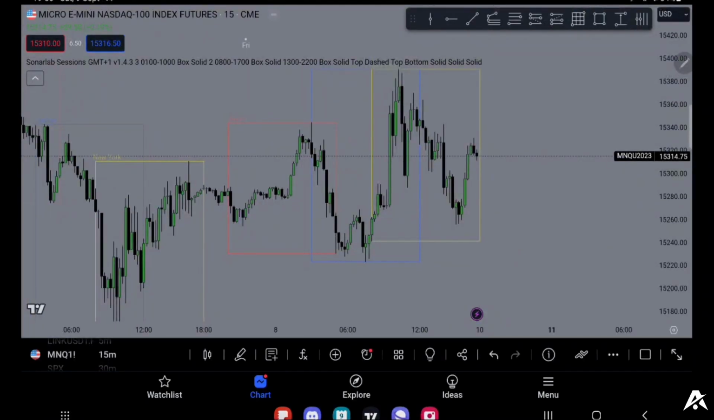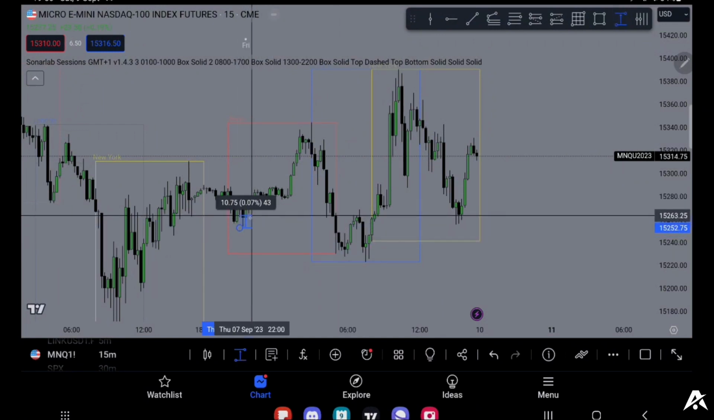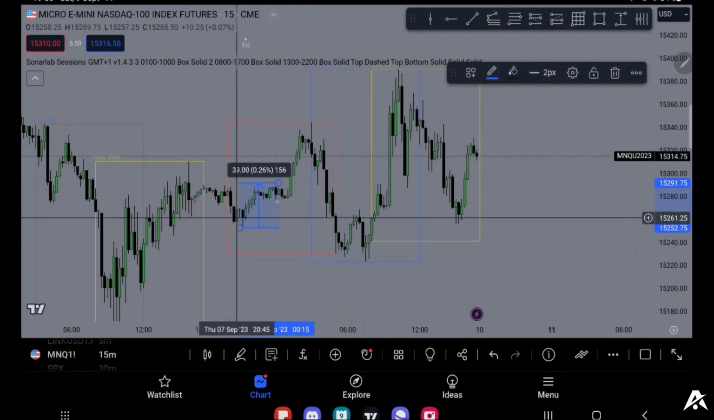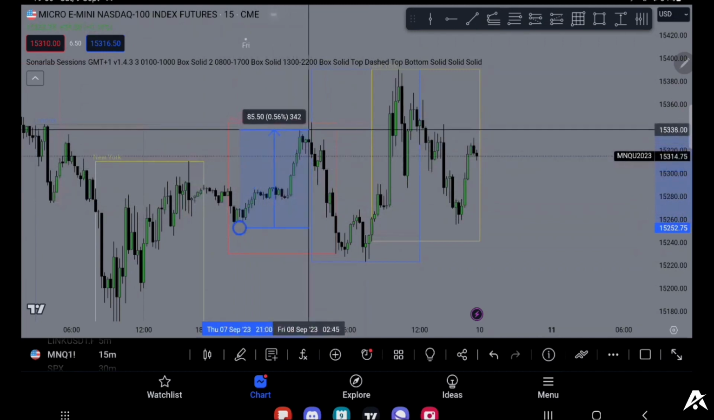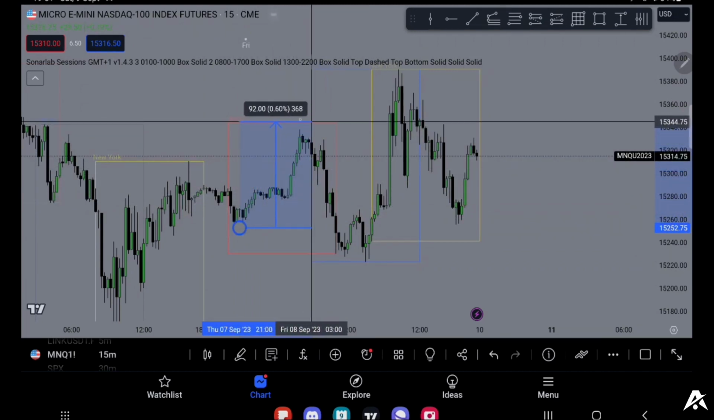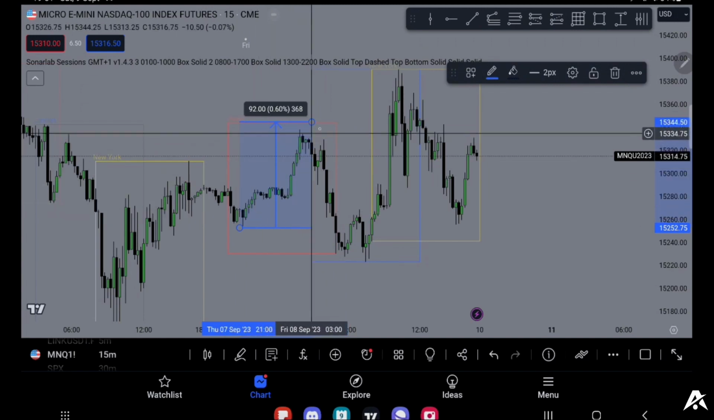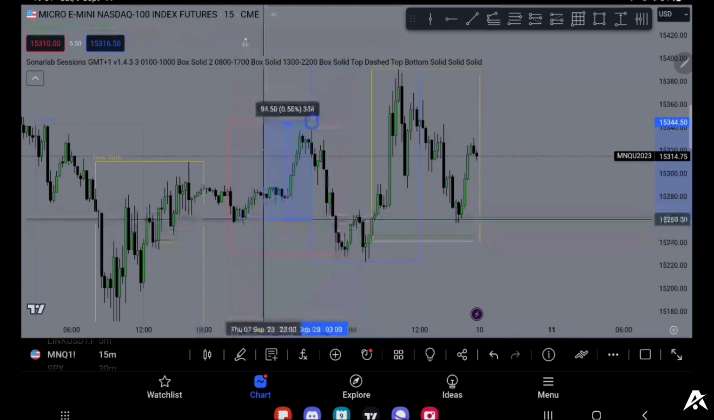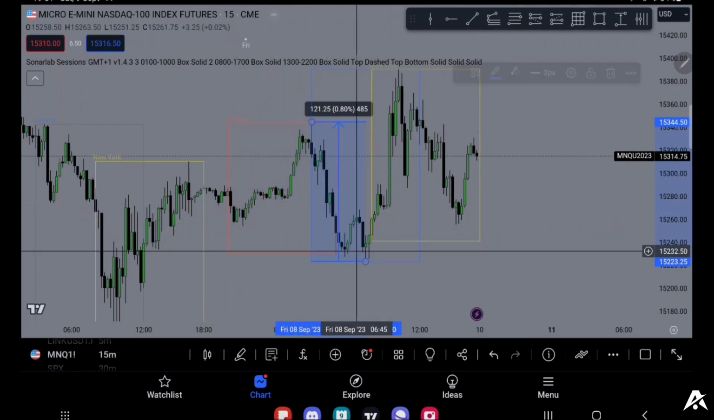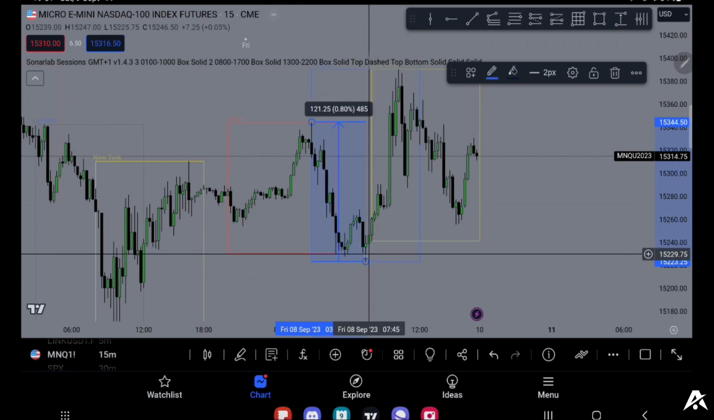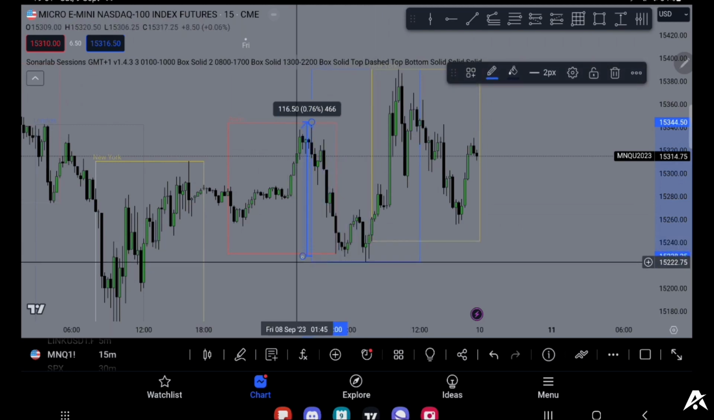What happens here? You have Asia starts. What does it do? Look at this. No movement whatsoever, completely accumulating, then starts moving up to a point where London opens. As soon as London opens, what does London do? Straight dump, straight up manipulation of at least 485 ticks. Completely manipulates down, keeps on manipulating until what happens? 8 o'clock. The moment New York opens,